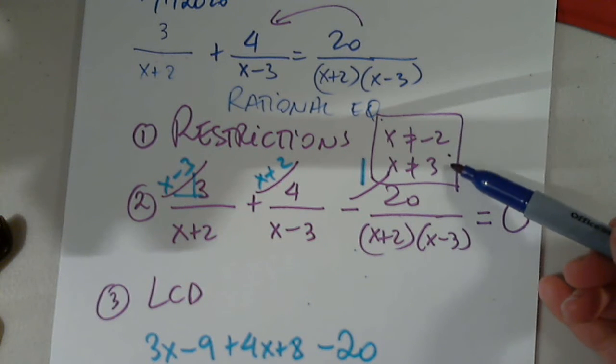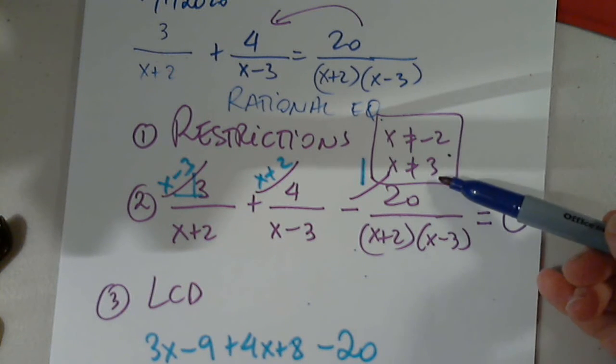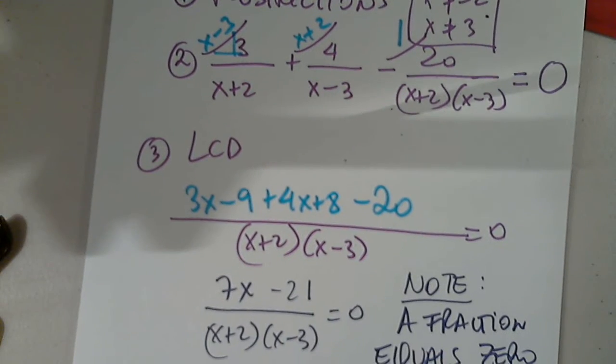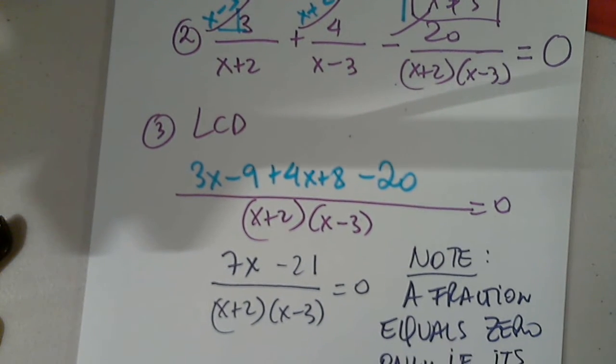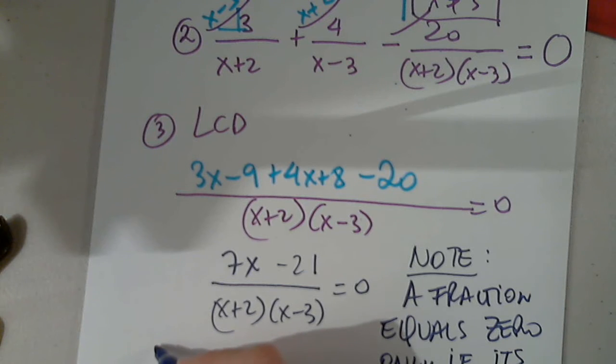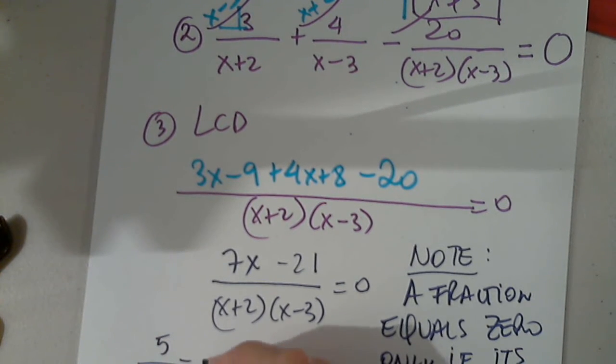That can never happen. We are in big trouble if the denominator is 0. If I have 5 divided by 0, that's a big issue, undefined. So that will never be the case. So one more time, a fraction equals 0 only if it's